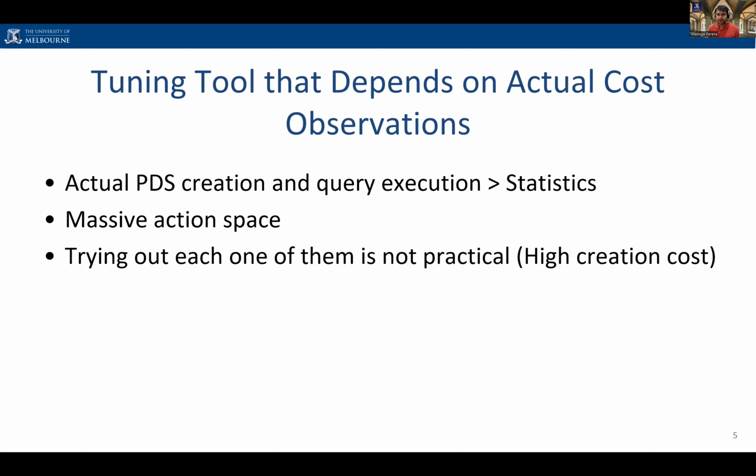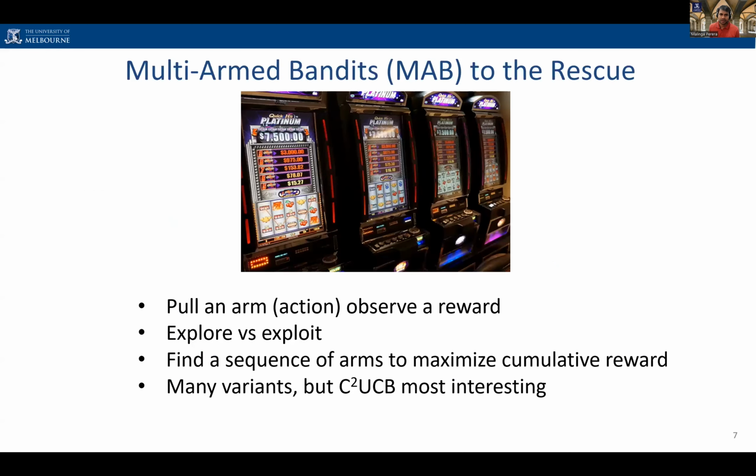However, we are talking about a massive action space. Almost every combination and permutation of columns in the database can be turned into a valid physical design structure. Therefore, trying to create or materialize each physical design structure is clearly not practical, especially with the high creation costs from rich physical design structures like materialized views. This is impossible. So let's get ourselves familiar with multi-armed bandits, because that's what we are going to use with